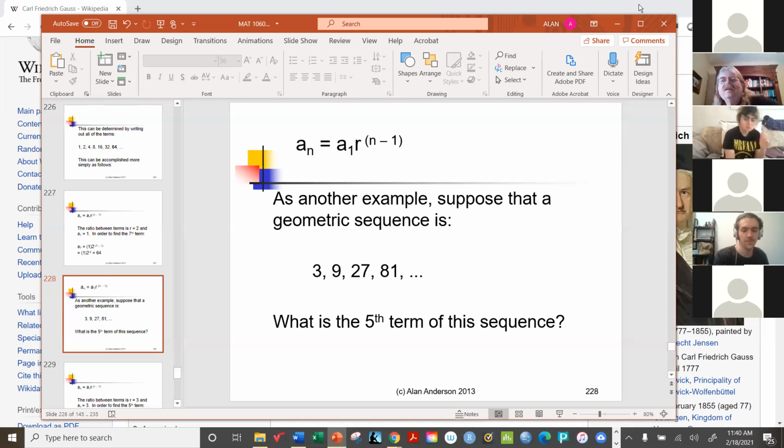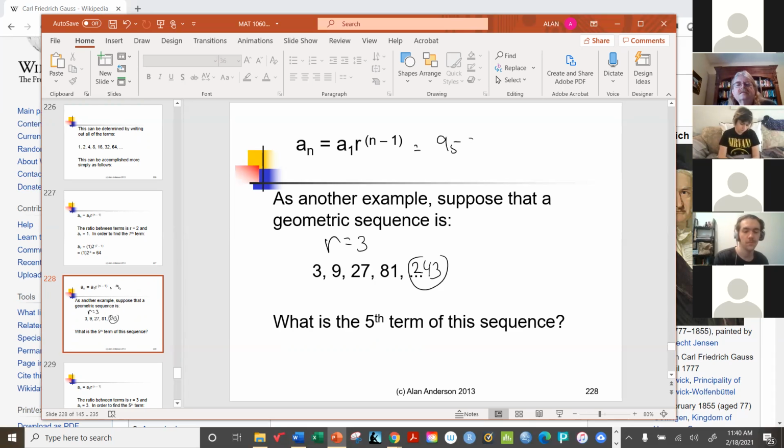Oh, I think we have a winner. 243, exactly. So here the common ratio is 3. So you can tell just by looking at these, the next one would be 243, good. But with the formula,